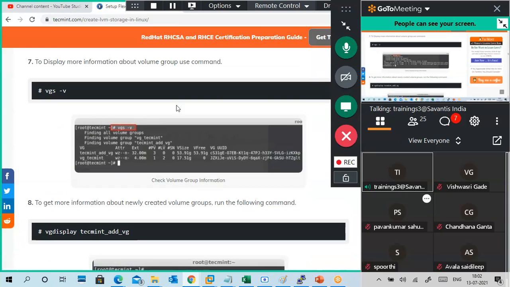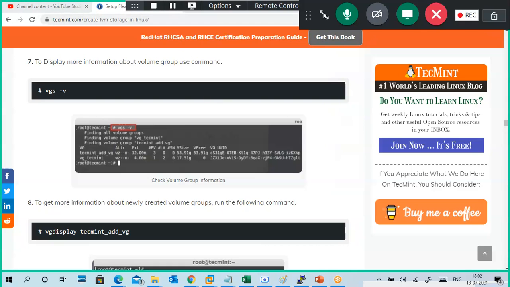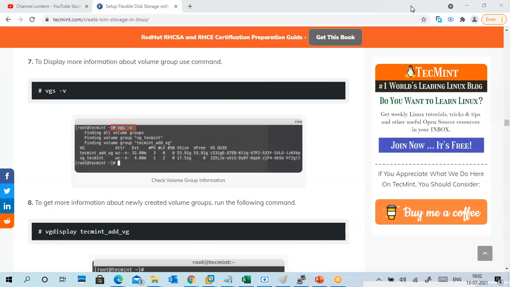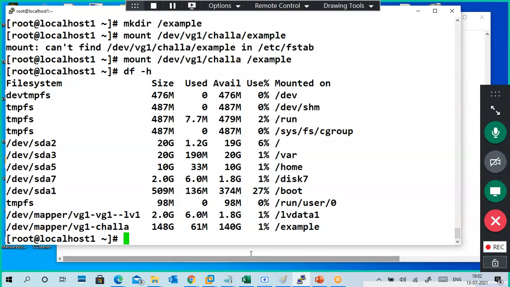Okay. Are you satisfied, guys? LVM with confusion or LVM with clarification? No one is responding. Or fully satisfied, so you can't speak?